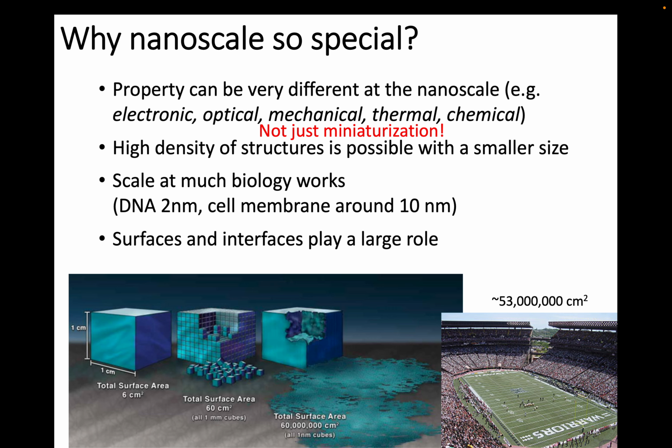So what that means is that now you are starting with this small object, half inch, half inch, half inch. But if you create 1 nanometer cubes out of it, the total surface area becomes a little larger than a football field. So what does it mean? A lot of surface available, a lot of interfaces come out of these individual cubes, right?